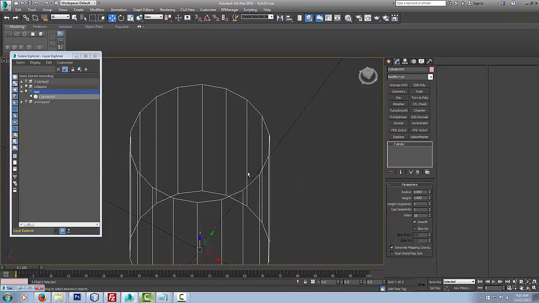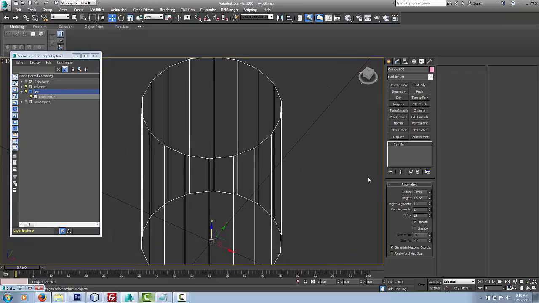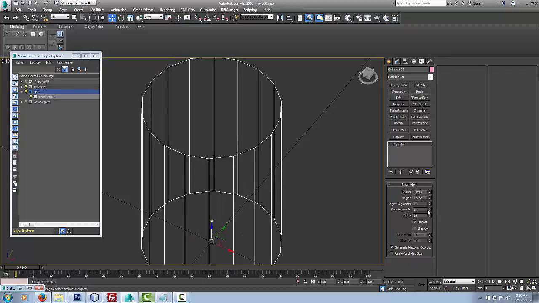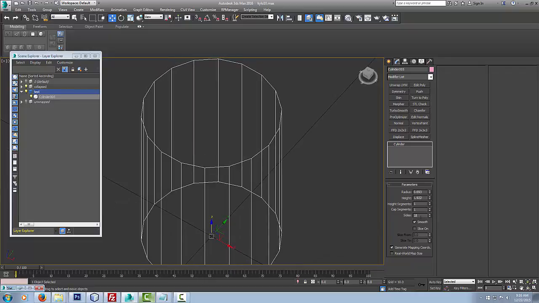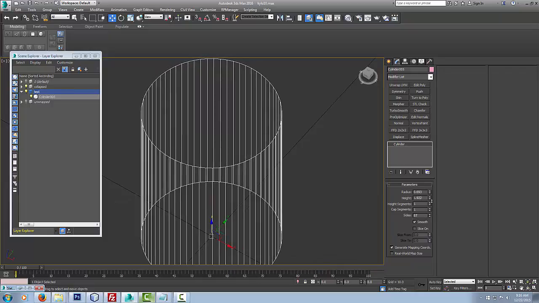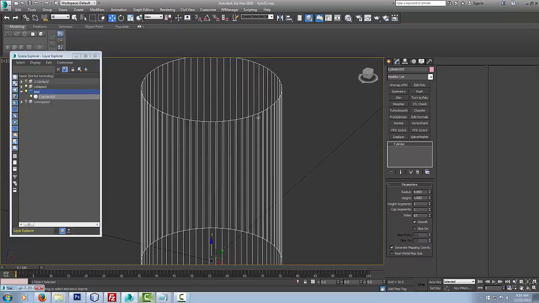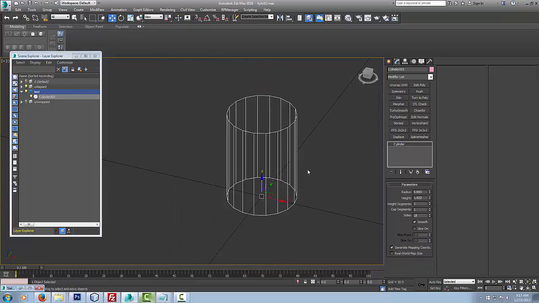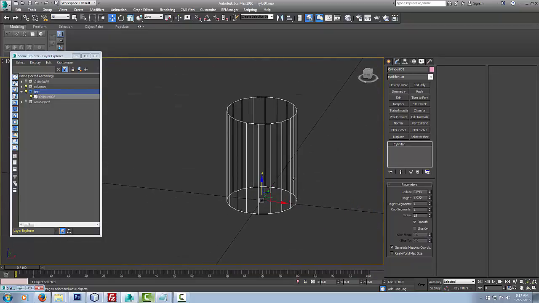Once you're satisfied with the amount of sides on it, you can use these parameters to adjust that. You wouldn't want to have too little or too much. You wouldn't want to have this many, because once you start editing it in edit poly mode, you have to work with all this extra geometry. So I think where it was before is pretty good. So now let's convert it to editable poly,